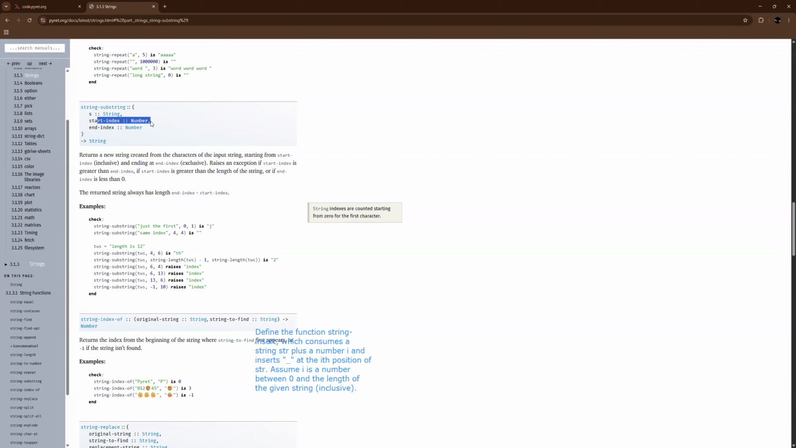Yeah, that's the start index. And what does start index mean? So read the description below. Returns a new string created from a character, the strings from string index ending at end index, or use an exception. Or if index is less than zero, return a string. Well, this is like the index. So from my understanding,